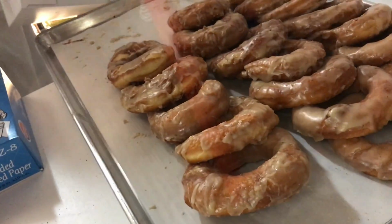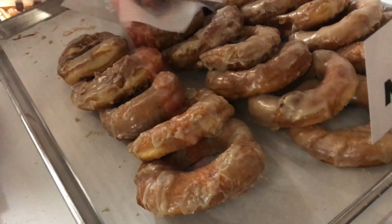So 1 cinnamon sugar, 2 maple, 1 sprinkle,